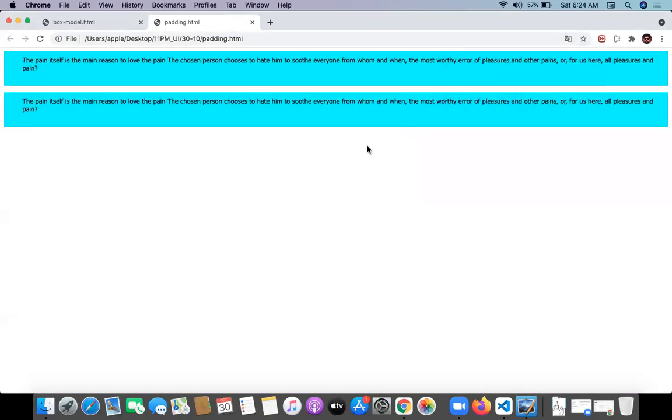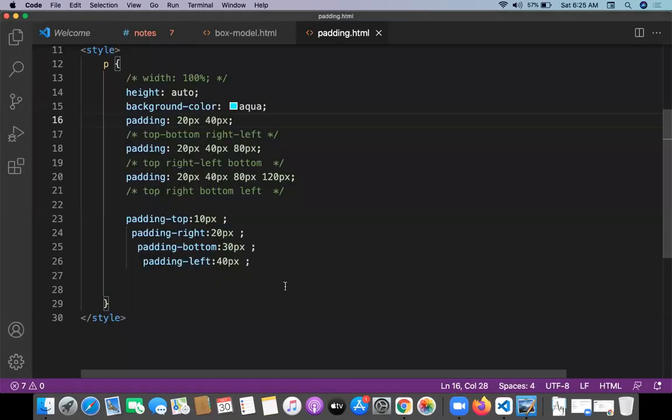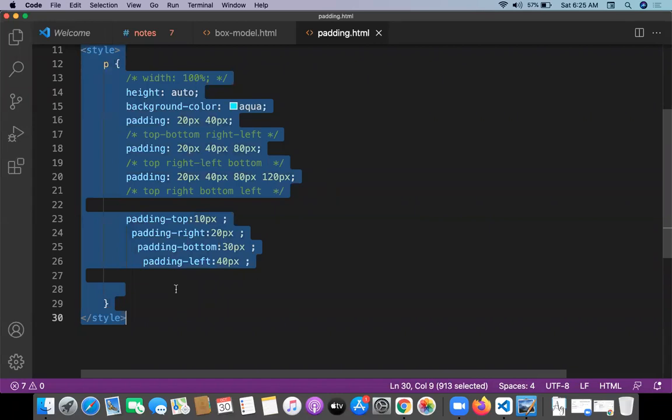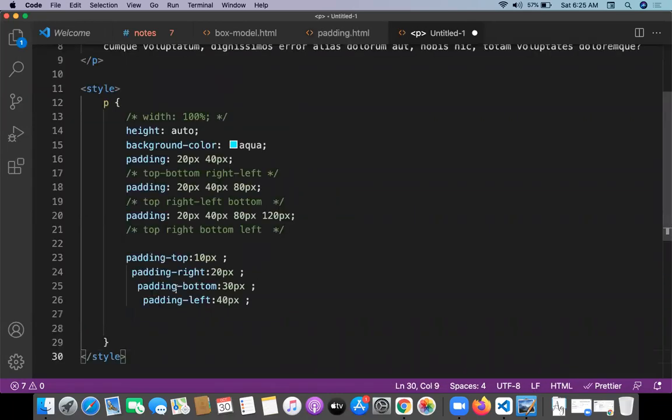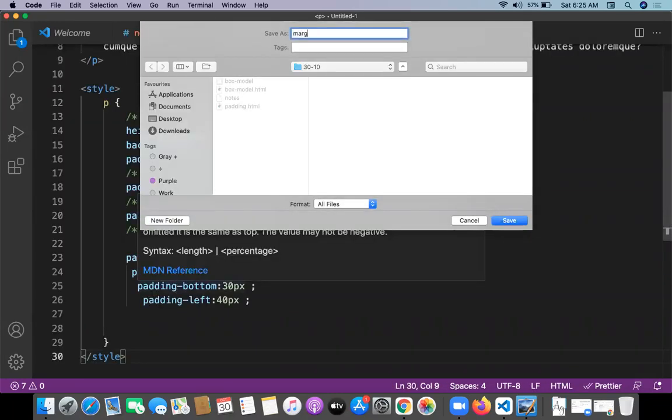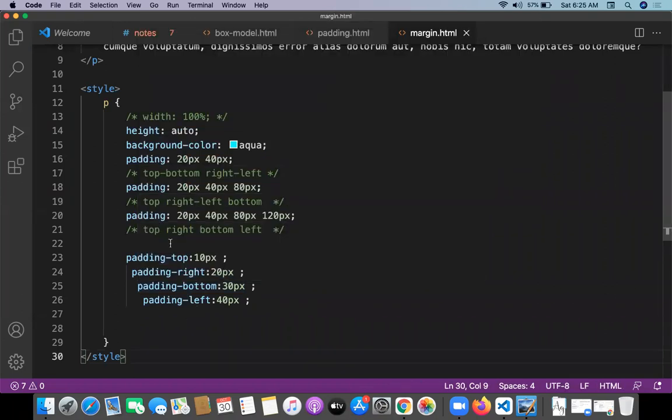Now you can observe a top value, right value, bottom value, and left value. We have four sides, four different values applicable. The concept is same for the margin also. Let me copy this, take a new file, paste here, and save it as margin.html.